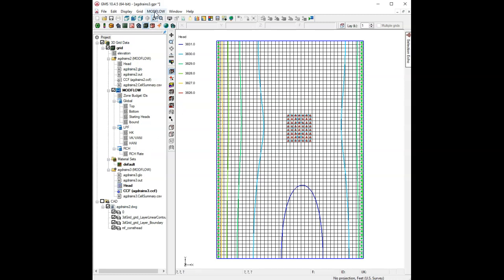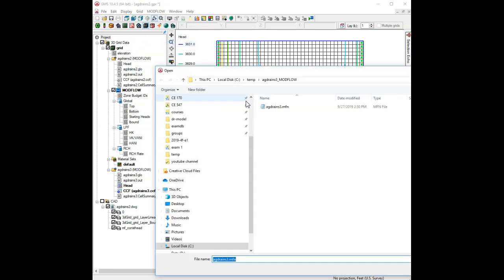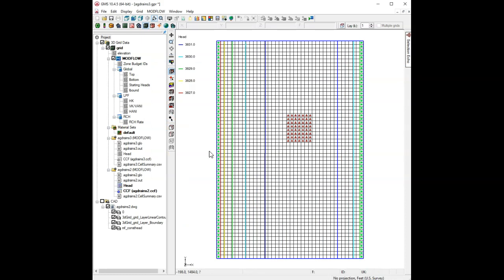water table elevations. Let me see if I can read the solution from that previous one, Ag Drains 2. So here's the solution from the Ag Drains 2 model. You can read in the solution without exactly reloading the model. And so the simulated head value is at 3831. And so,